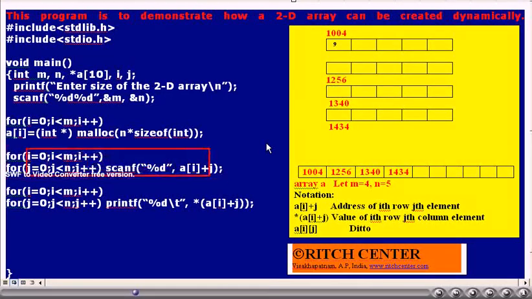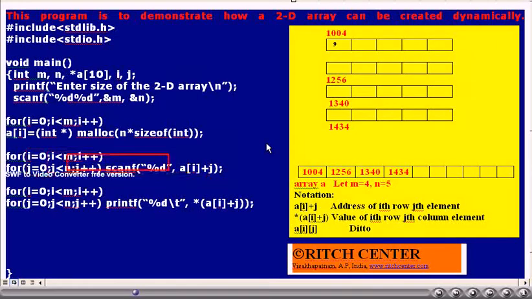These two for loops are used to read the data into the 2D integer array using the scanf function. The scanf function requires the address of the element into which the data has to be read. Here, A[i] plus j is the address of the ith row jth column element that we are giving to scanf.